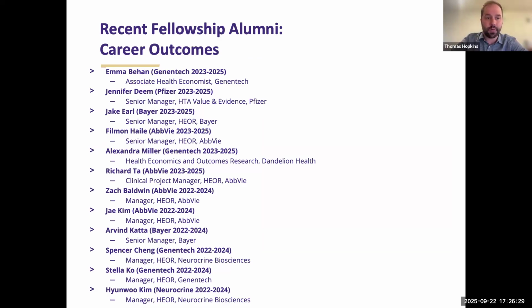And this slide is showing some of the recent fellowship alumni. These are actually exclusive to the last 2 years. I'd like to point out that with this, you can see that there are quite a few people who stayed on at their sponsor company that they joined initially with the fellowship. And so that's something that is very promising. Not to say that that's going to happen for everybody at every company, but there is a really strong track record of individuals staying at the company that they started at or switching to a different company that might be a better geographic location or a better team or something like that.